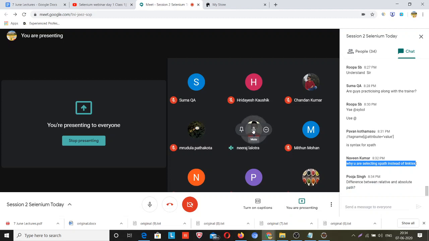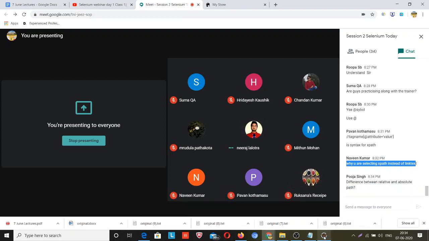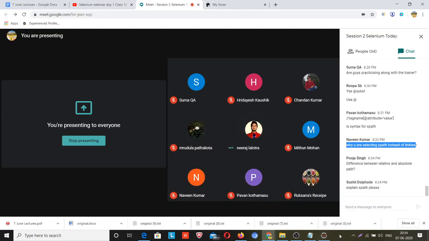Okay. I have a question. Can two locators have the same value? Two locators have the same value means, I don't understand your question. Like ID or name having the same value, for example the id has the value and the name is also having the same.